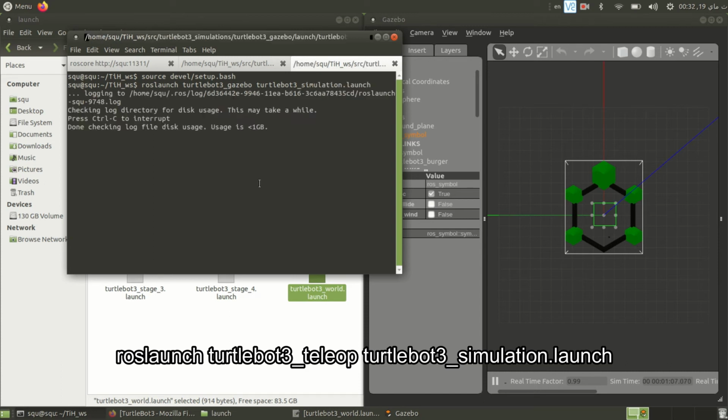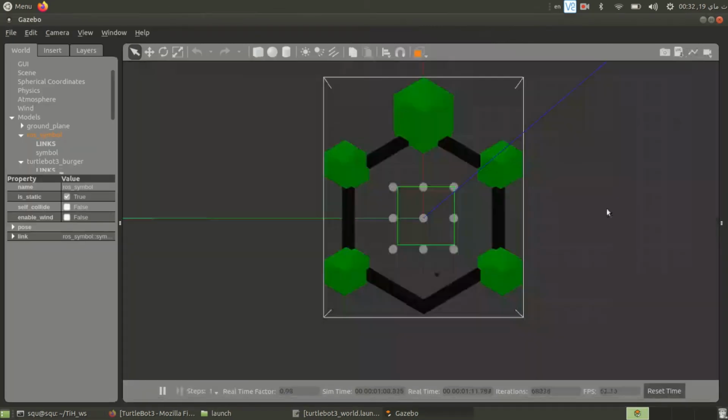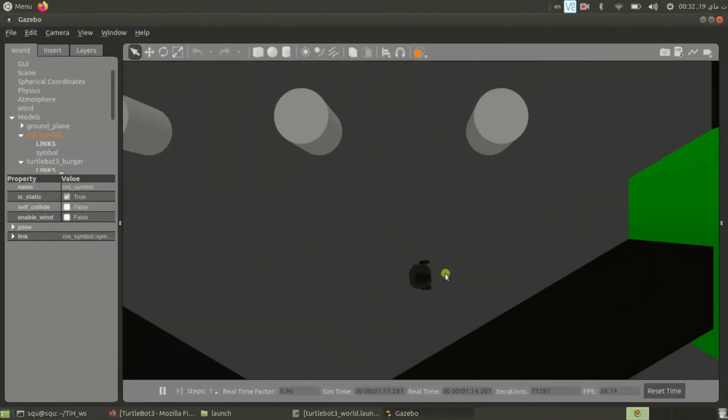That much. So whenever I press enter, my robot starts moving, and you can see whenever it see an